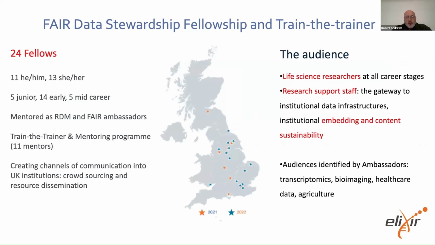So we have 24 fellows across the UK through 2 rounds of recruitment. The fellowship supports a mentoring programme as well as Train the Trainer. So fellows support locally within their fields of interest. They swap material with others and get new material into their organisations. And this is kind of part of a professionalisation process where the data stewards are recognised by the universities. They become visible within the university through doing this work, and become kind of a go-to person when data stewardship and management is being discussed.